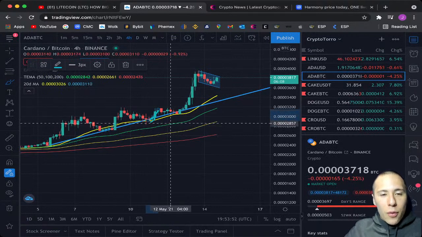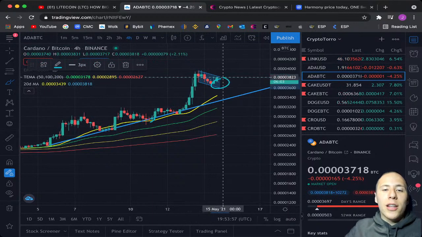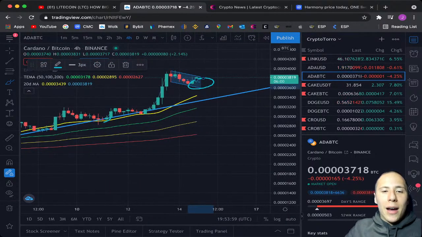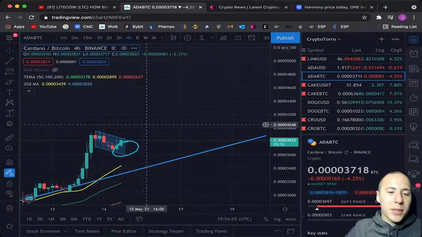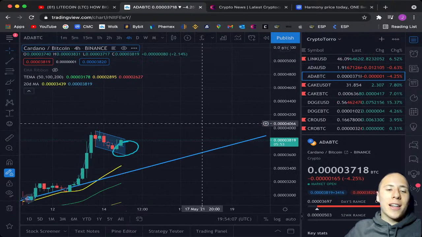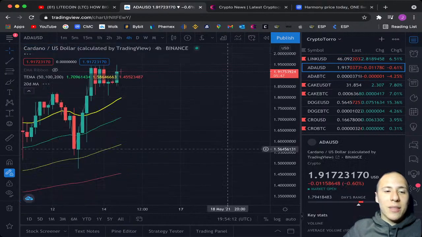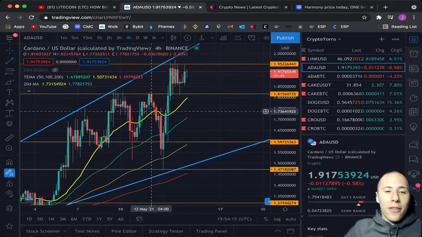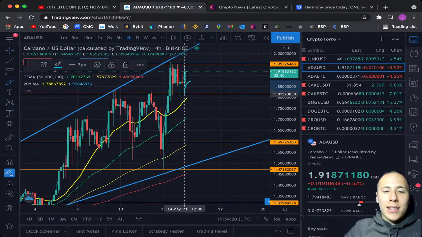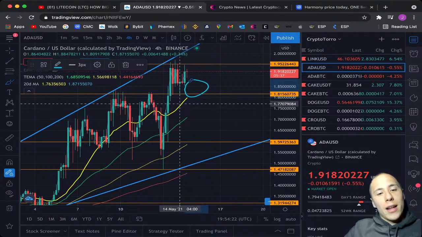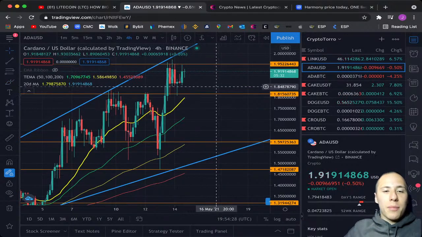And I'm just really pumped to see when Cardano will once again find support on the 20-day moving average, because after that I think it will most probably be that we will see a move of Cardano towards the upside. And as I showed you before during this technical analysis of Cardano, on the Cardano compared to US dollar chart, we were looking at this broadening wedge over here. And if Cardano will touch once again the 20-day moving average, that's the bigger yellow line just right here underneath where we're currently trading at, I think there will be enough momentum towards the upside being created.